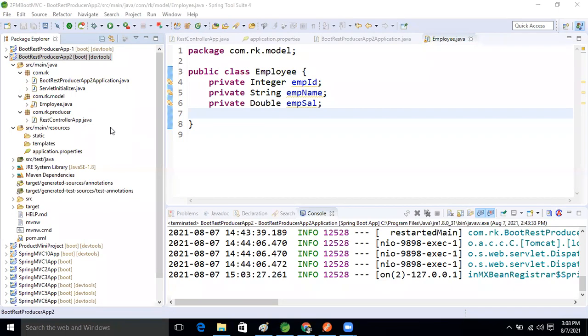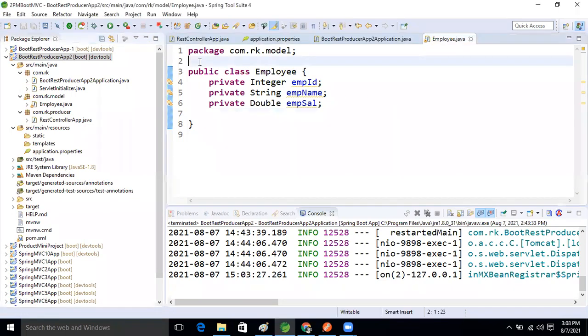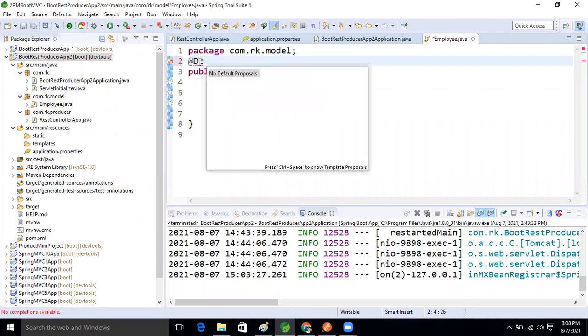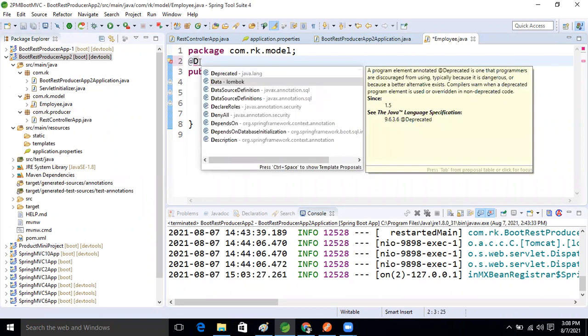Good. Now if we want to generate setter and getter methods, which annotation do we take? It's @Data from the Lombok API.